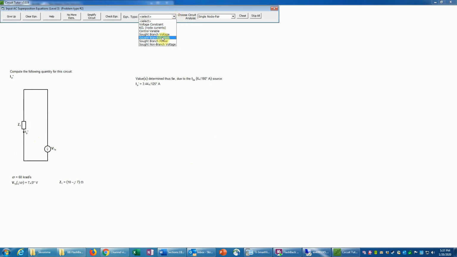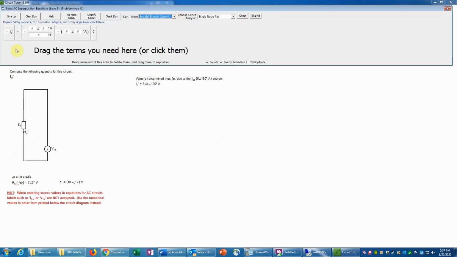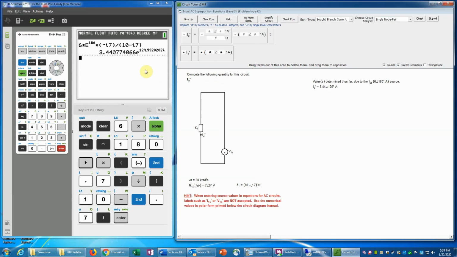And we're trying to find a sought branch current. And so we have I naught double prime equals, and we could just put in the value here if you want to compute that directly. So let's just do it that way for once to illustrate that method. So we'll use this term, but then we have to go on our calculator first and do the computation. So this is going to be,